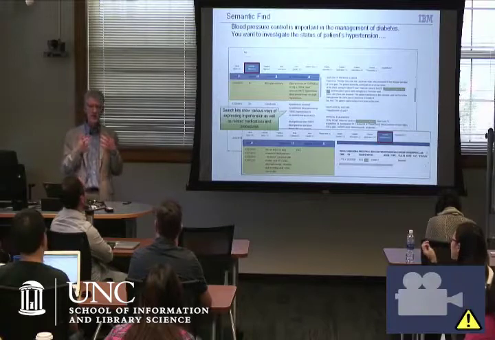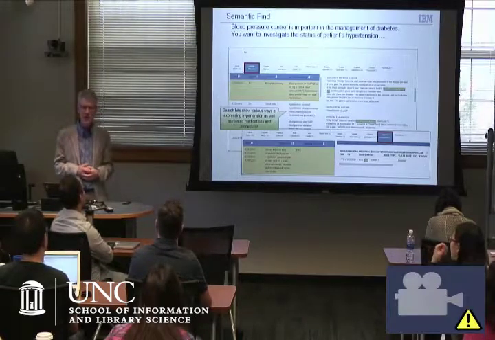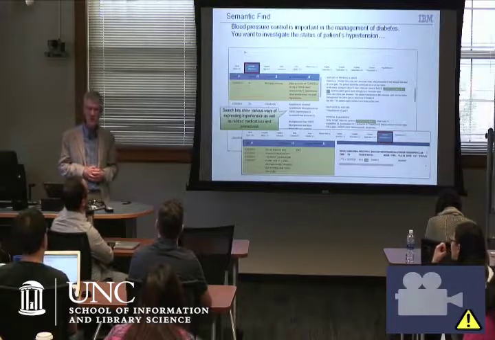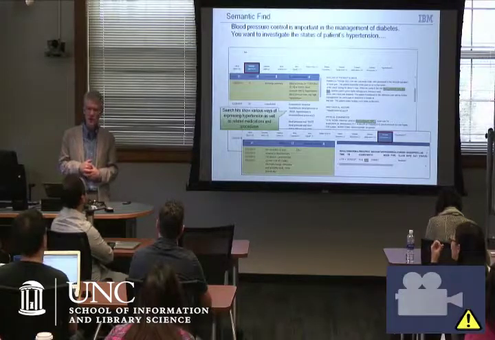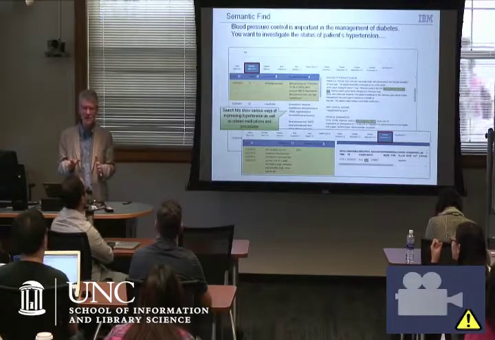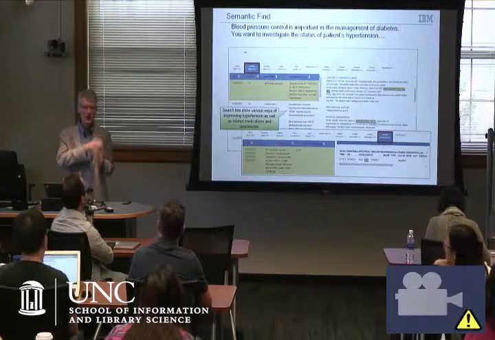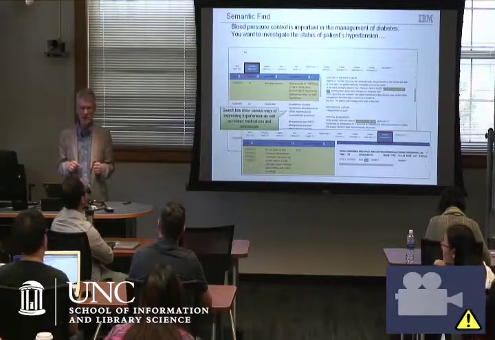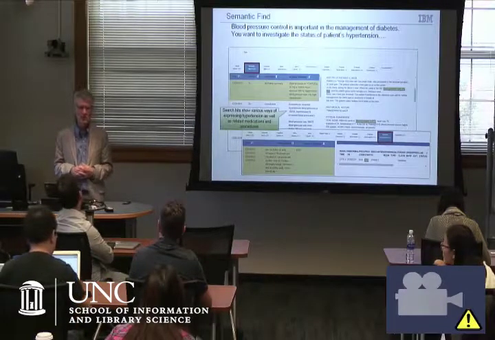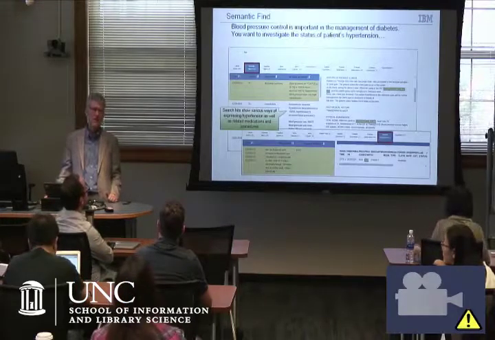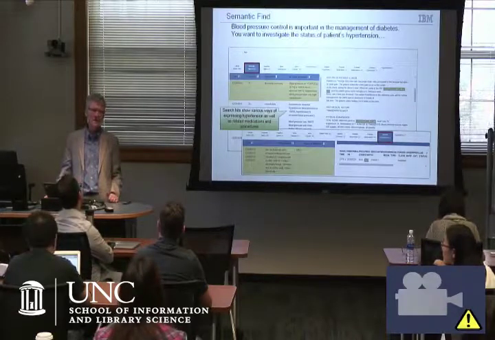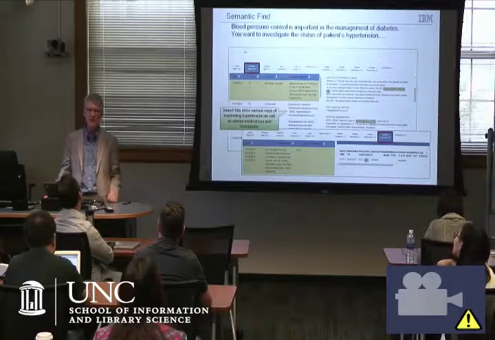But when the user types in a search term, in this case HTN, short for hypertension, we want to match everything that HTN matches with along these different dimensions. So you've got to do the NLP. It might be a longer phrase than just 3 letters. You've got to do the NLP on the input, and you've got to do the relation chaining or some part of that, plus the matching live at runtime. So we try to do as much as possible in terms of pre-processing the corpus, but we can't do everything. We've got it down to the point where it's fairly interactive. You can get a response within a second or two.